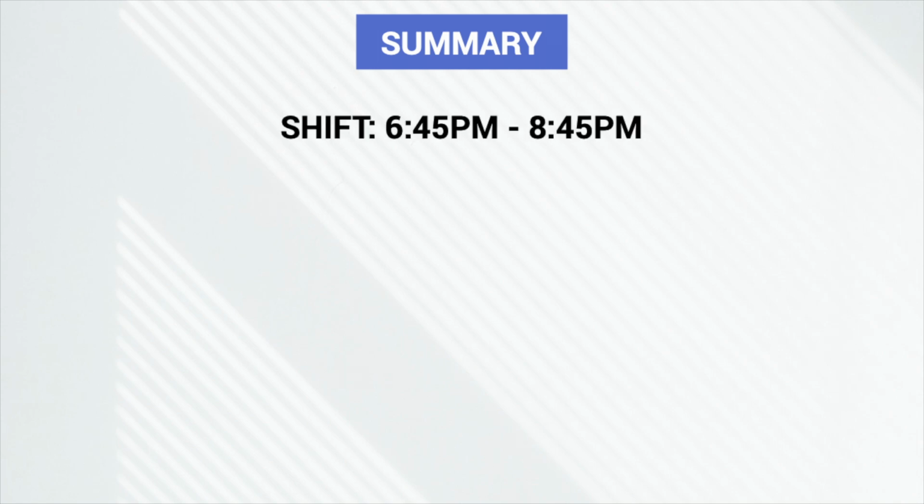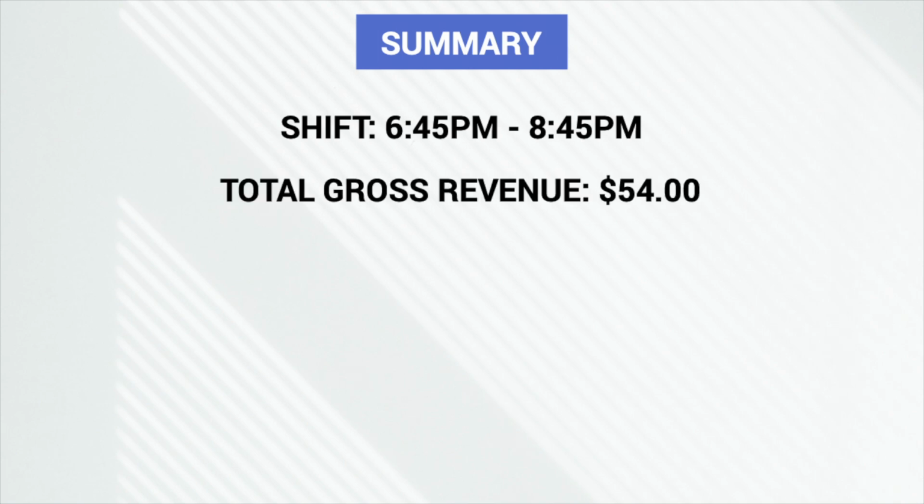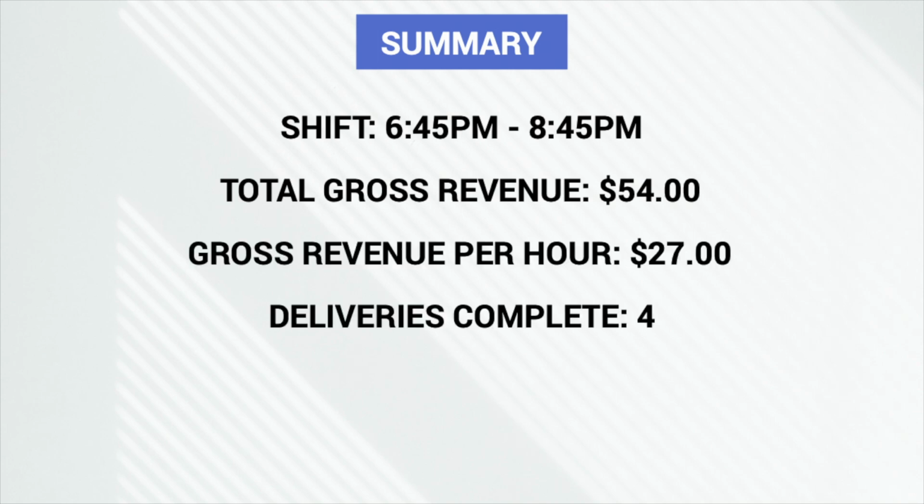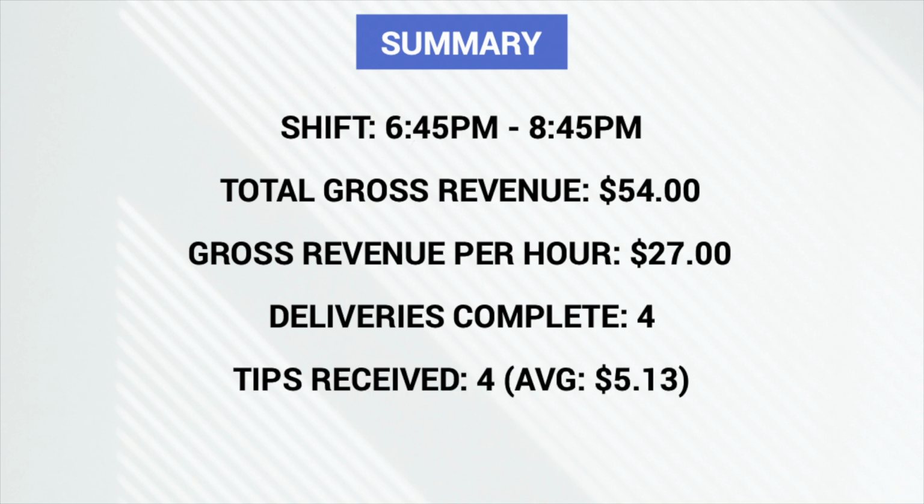The actual numbers of how much I made during this shift to see if it actually made sense for the orders that I took. So this shift in my home base in Mission Valley on a $5 peak pay bonus, let's see if it made sense here. The shift was from 6:45 p.m. until 8:45 p.m. My total gross revenue was $54 for a gross revenue per hour of $27. During this shift, I completed 4 deliveries, did receive 4 tips with a pretty strong tip average, $5.13. Total business miles for this shift, 30.1, which gives us a tax deduction of